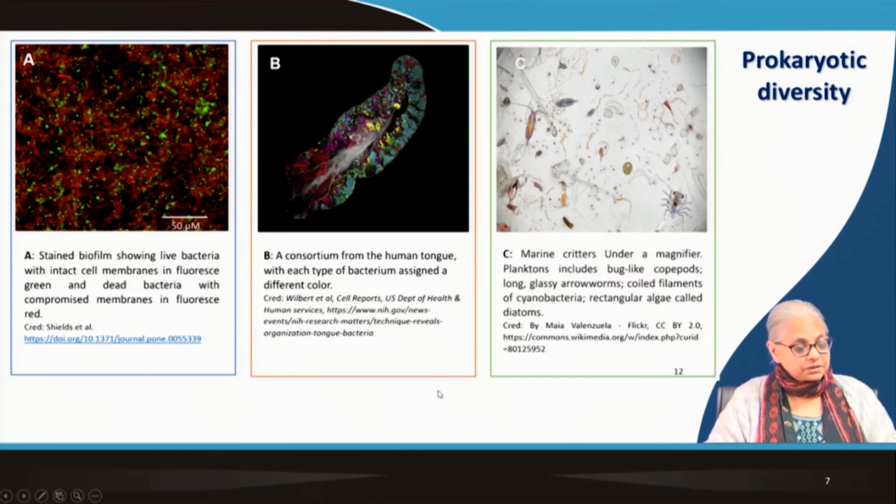I've already explained this slide, but just to remind you that there is a lot of prokaryotic diversity in so many different environments. So this is what you might find in a wastewater sample. This is what you find on the surface of the human tongue. This is what you can see in marine environments. You take a sample from a freshwater pond, you will again find it teeming with life. You will find algae, bacteria, protozoa, you name it, all these microorganisms show up under the microscope.